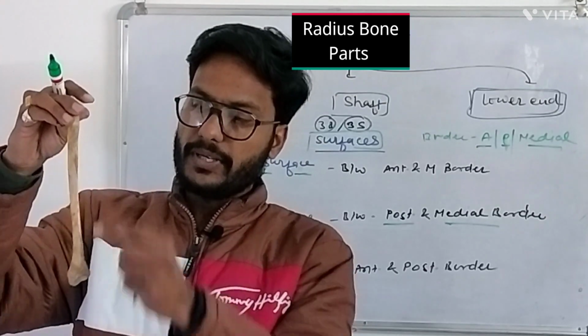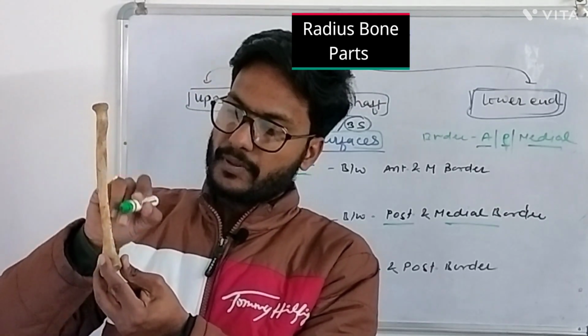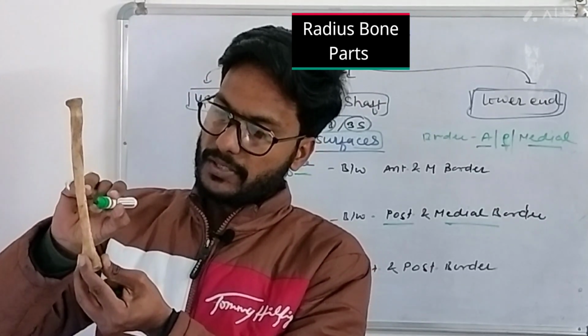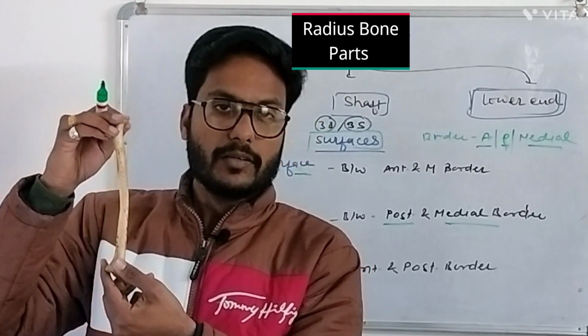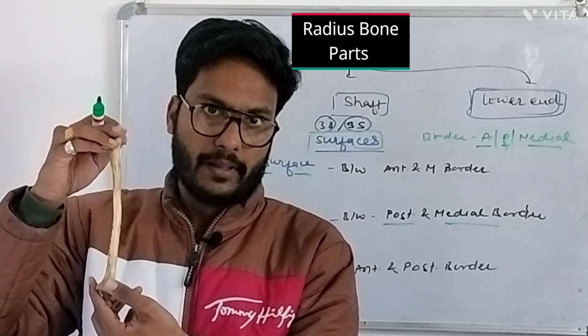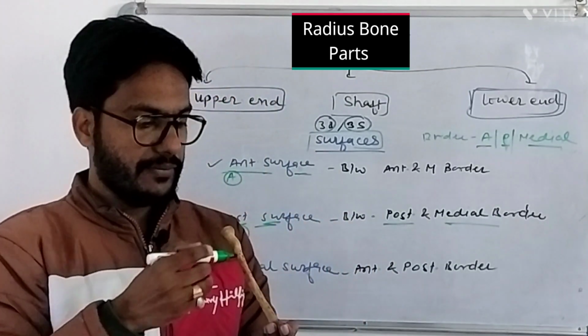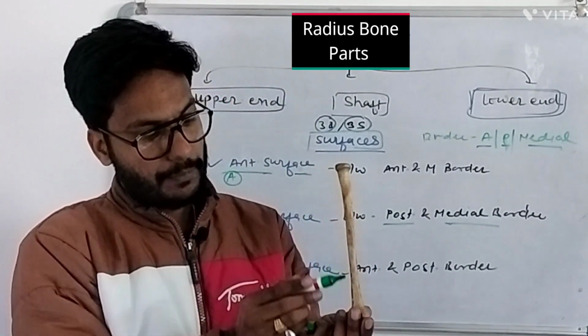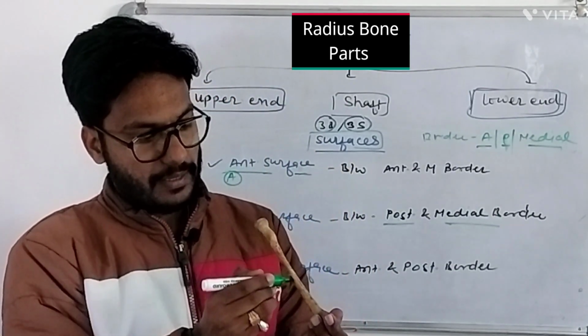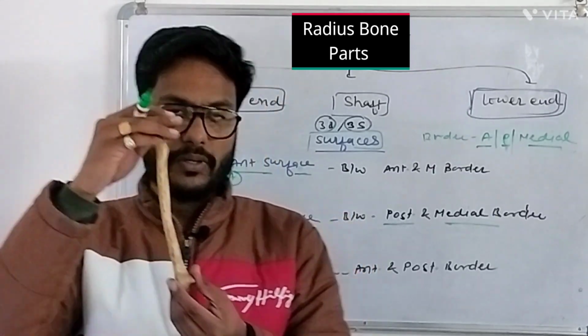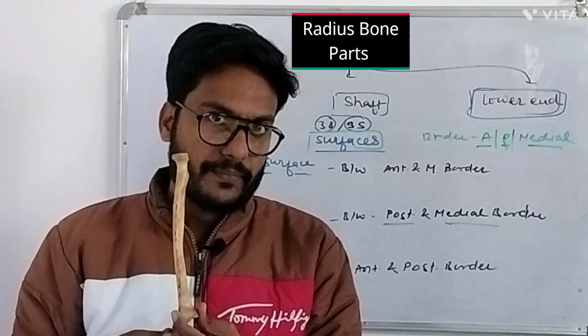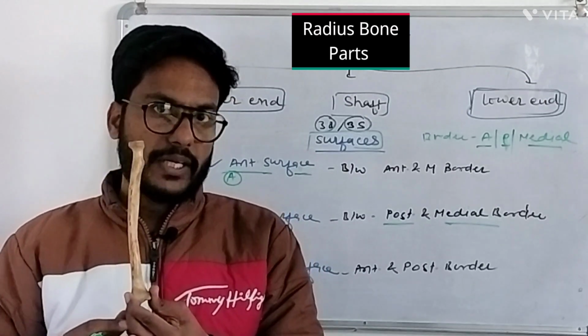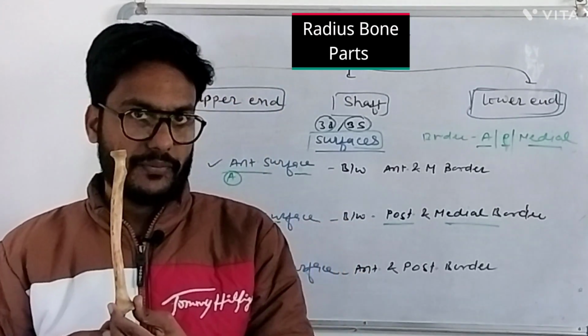So this one is the medial border and this one is the posterior border. So this surface is known as posterior surface and the surface situated between the anterior border and the posterior border is known as the lateral surface. So in this radius there are 3 important surfaces,